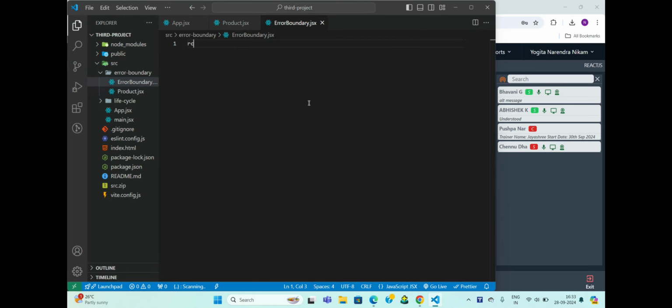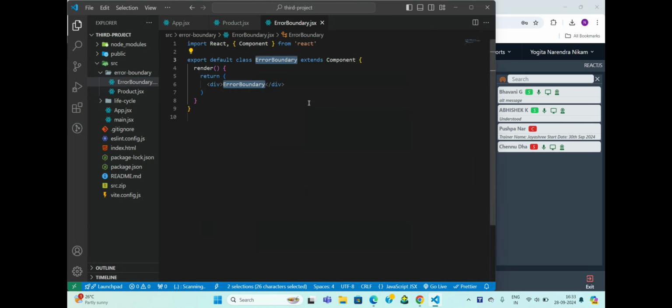Okay, so let me make a class based component first, and you can remove this and just at the bottom you can export it as a default export. So listen to me carefully. What is error boundary? Error boundary, it's a class based component which is going to catch your errors. What is its work?